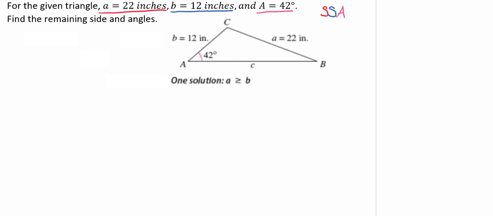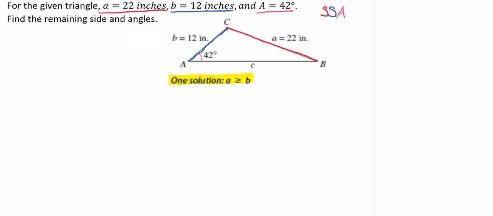A little trick to help with that is right here. We know that we're going to have one solution if our side A is bigger than or equal to our side B, okay? And here we see that 22 is in fact larger than 12,